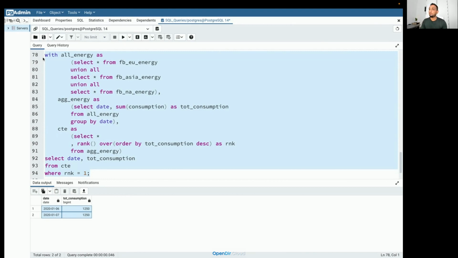Because you are familiar with subqueries and you are familiar with the with clause, you should probably be able to convert a query which has a with clause into a query which uses only subqueries. So yes, you can use subqueries. Can you do that? Okay. So just convert this query into subqueries and then share your solution with me.